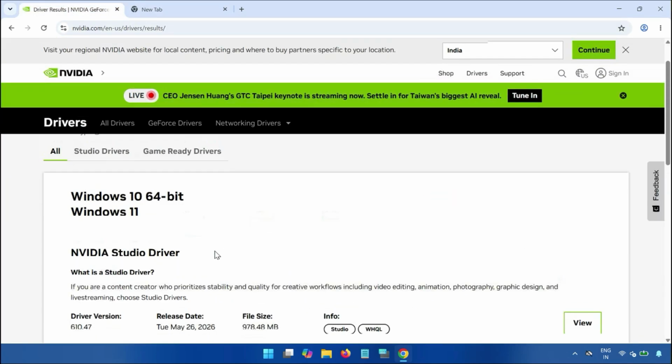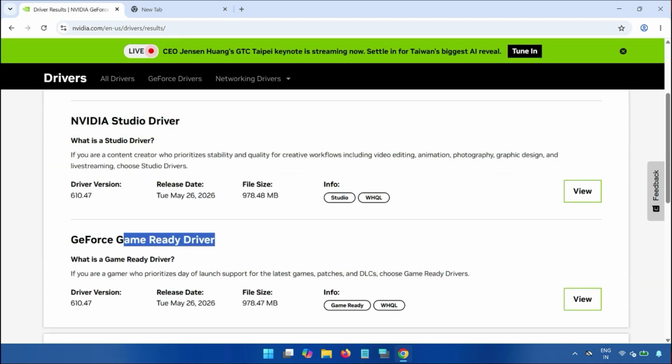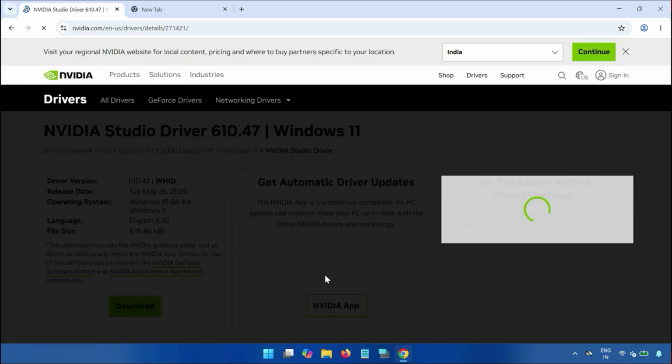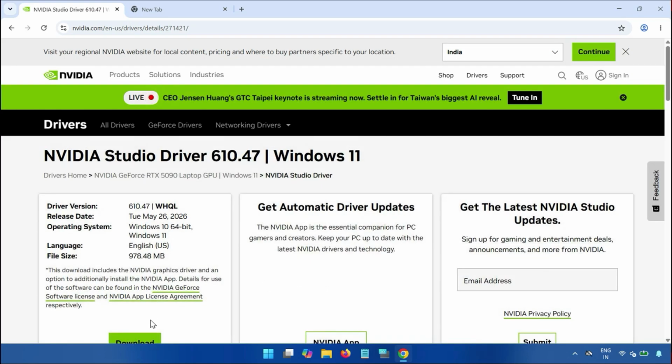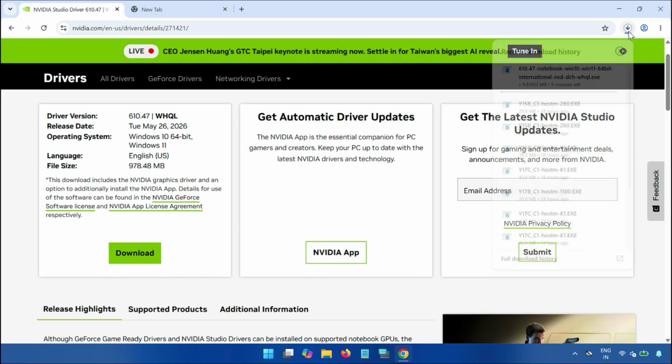Okay, so NVIDIA Studio driver, and this is game driver. So both installations are ready and the size we can see. So click to view, and this is where you can download. So after that it will start downloading,